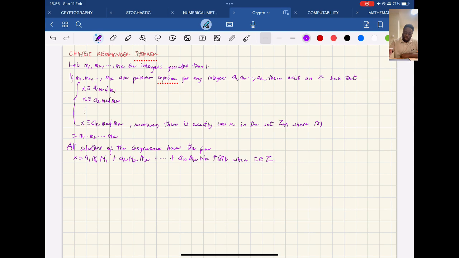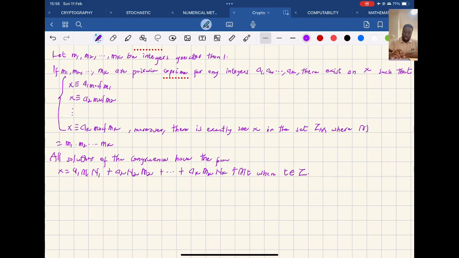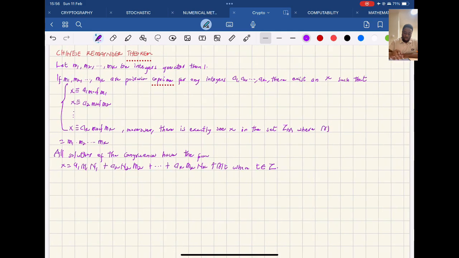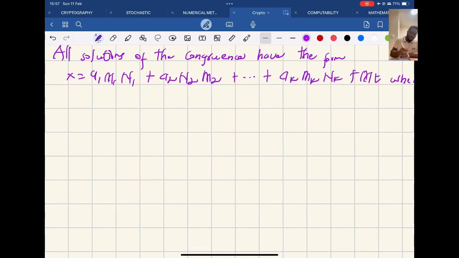First of all, you'll be given congruences. So after having the congruences, you solve this. First of all, you have to find your m1, m2, m3, then afterwards you find your n1 up to your nk, then you find your big M. So let's solve an example to see how this one works. Our first example is,